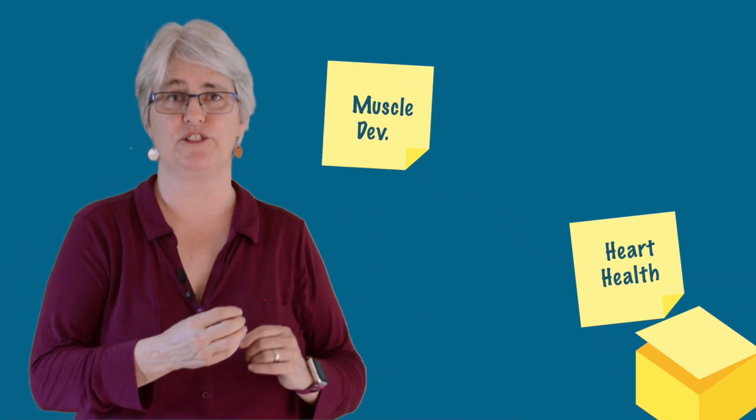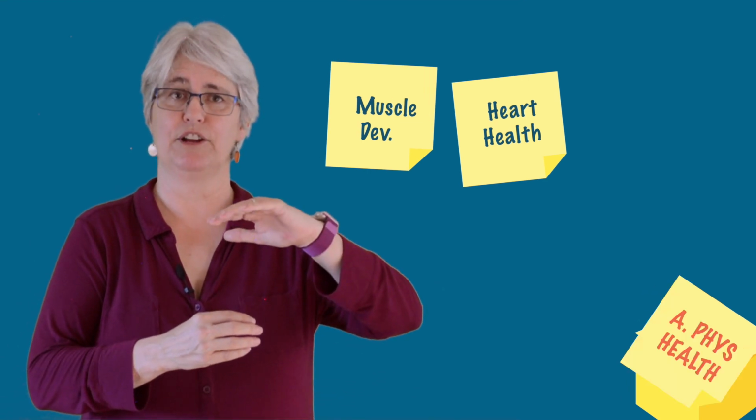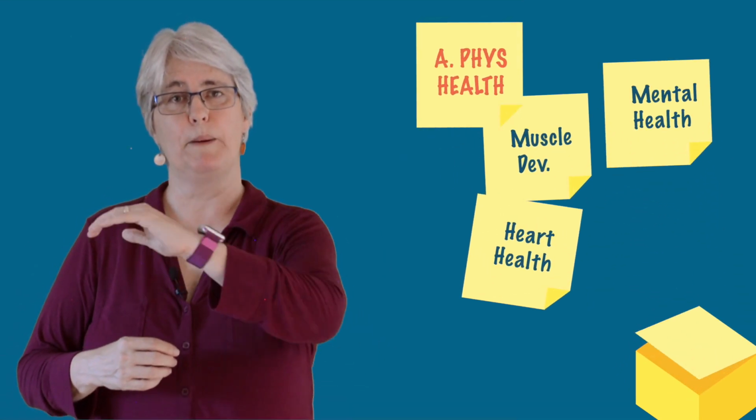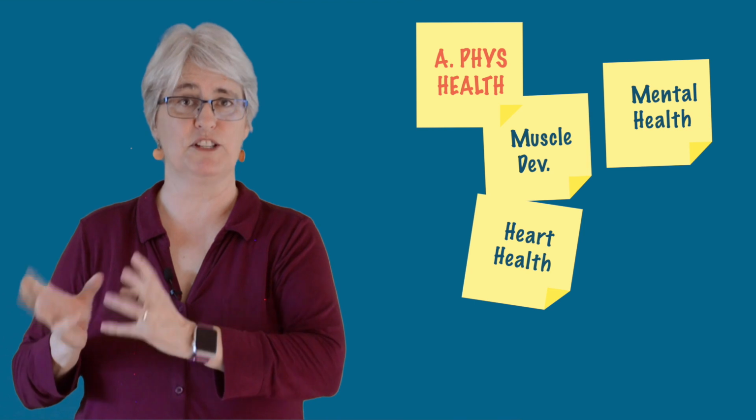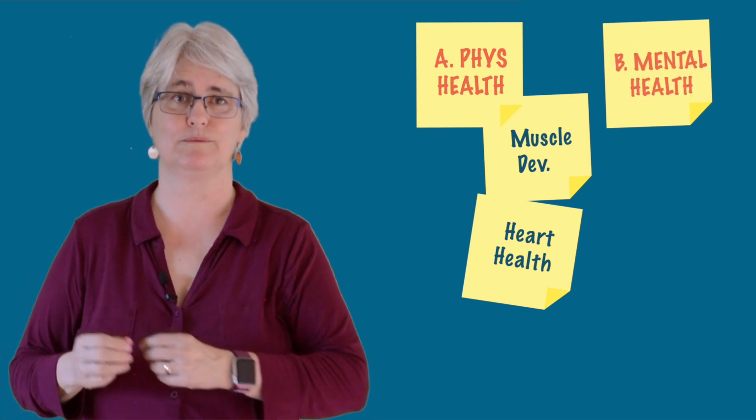The best subpoints are unique enough to avoid your opponent trying to collapse them into fewer arguments. Fewer arguments, obviously, are easier to rebut. In our example, we separated muscle development and heart health as different enough under the umbrella contention of physical health, but considered mental health unique enough from physical health to make it its own subpoint.